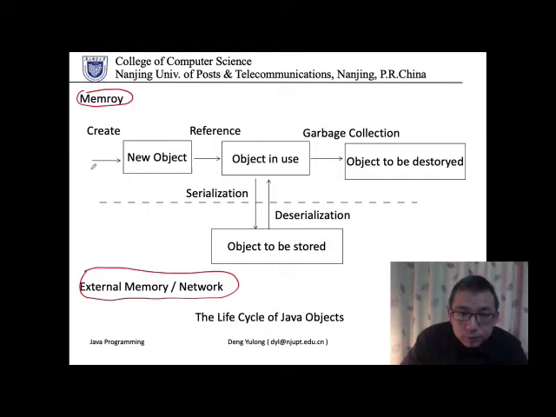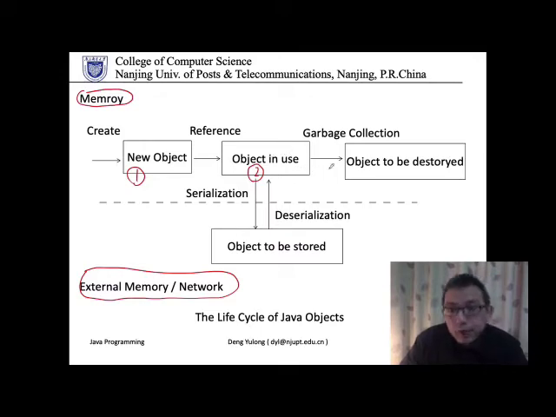Inside the memory, we have this life cycle. Well, the first step is to create an object. We have code from a class as a prototype of the object, and we create the object. Now we have an object, a new object. This is the first step. And then we can use the object. We have a reference variable, so we use the reference variable to access the object inside the memory